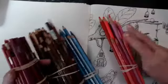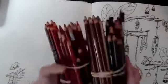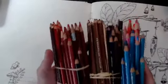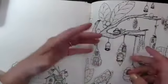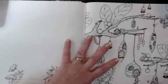I keep them in bundles. Like here's the pinks, some dark blues, browns, dark reds, that kind. This is how I bundle them. But then as I'm using the same colors a lot over and over, then I will...